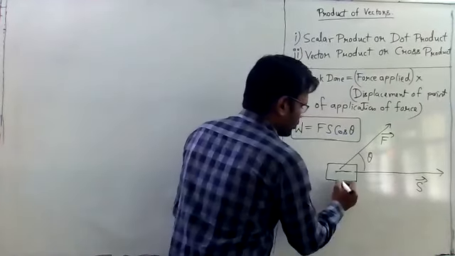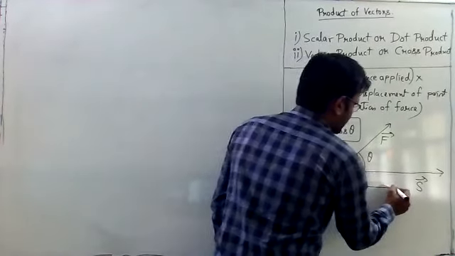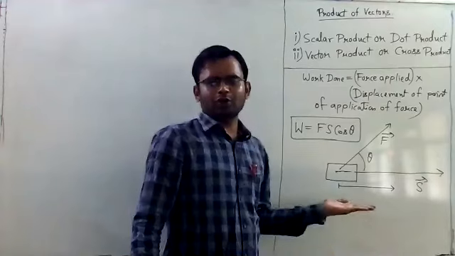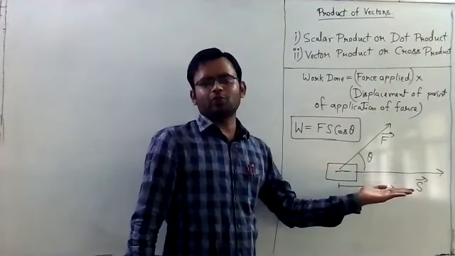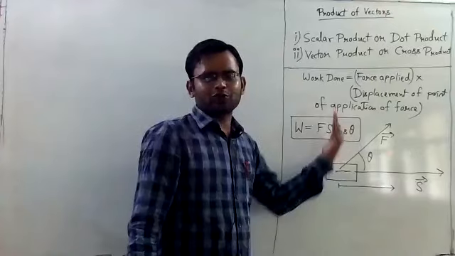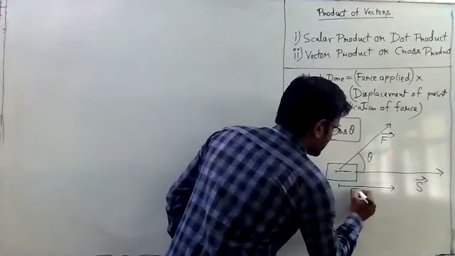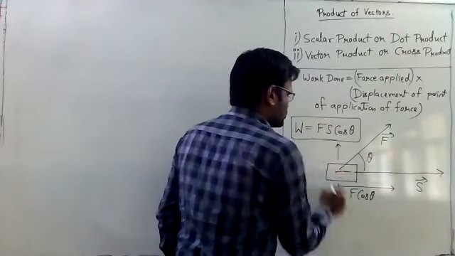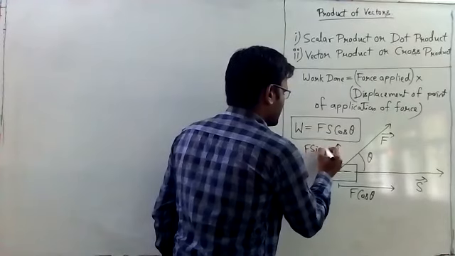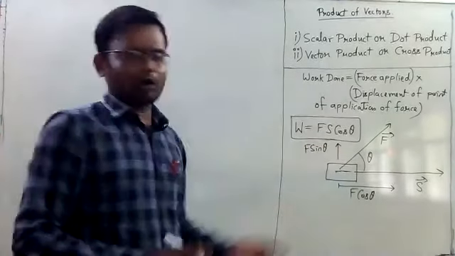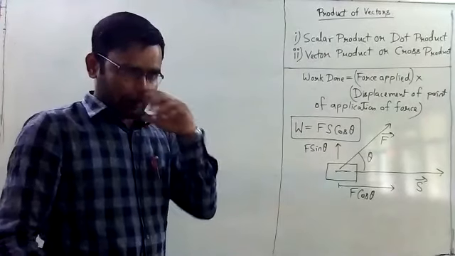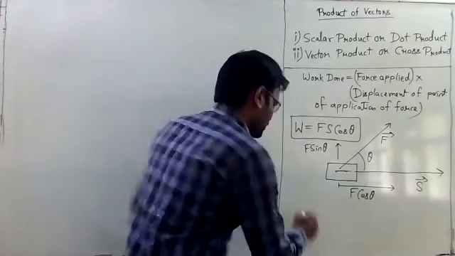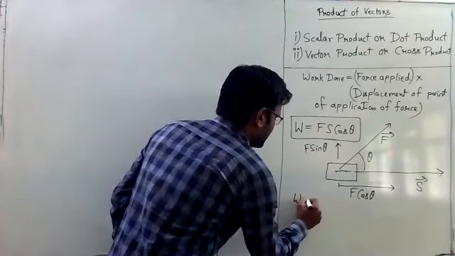Now we all know how to break the components. The first component of the force is parallel to the displacement. Component along the base is known as the cos component. Component along the perpendicular is known as the sine component. So this value is going to be F cos theta, and this perpendicular component is going to be F sine theta. But since we are taking the parallel component of force, here the work done